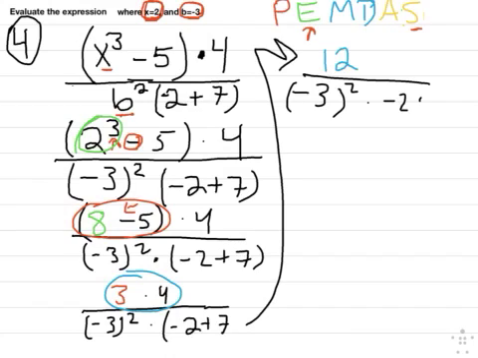See, -2 plus 7, and that's in parentheses. Oh, I didn't close my parentheses there. Whoops. Okay, good. So the numerator, this top part, is done. So let's go in with the denominator. And what do we have? Well, we've got multiplication here, we've got exponent here, and we have addition, and